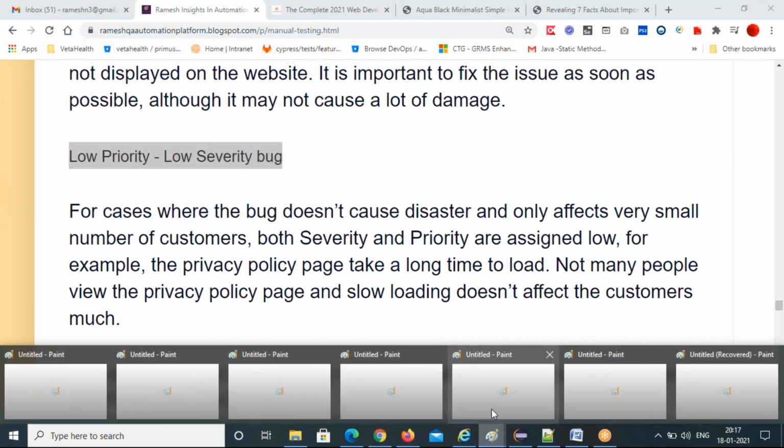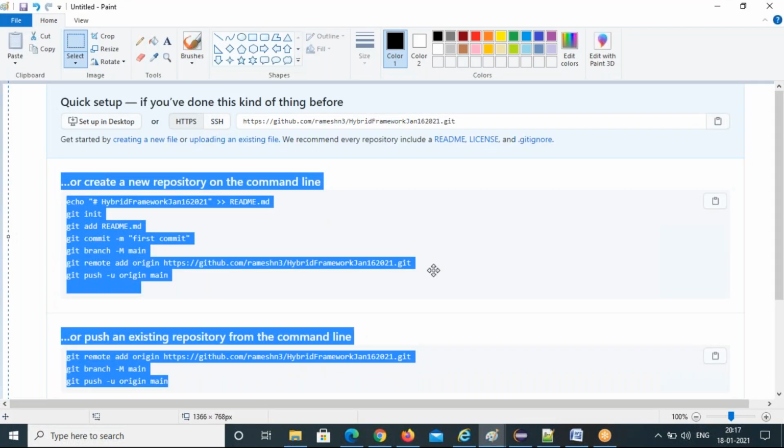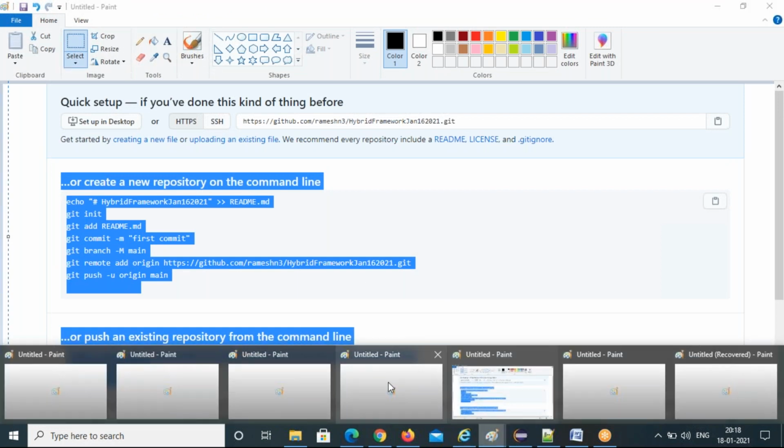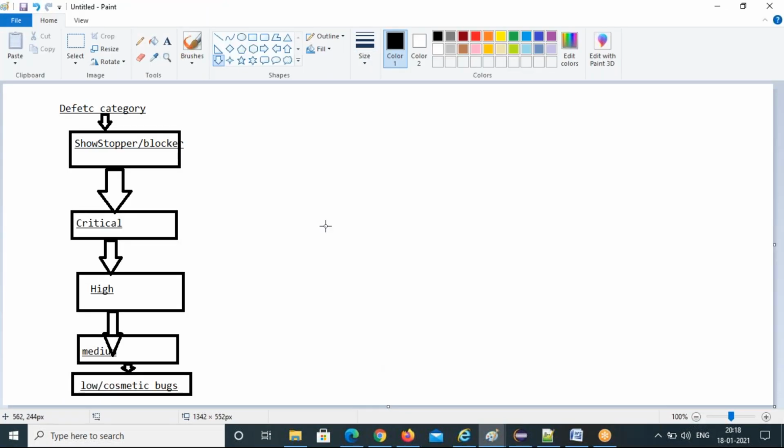So like this, for example, this is an edit box, and you have a button. It's overlapping like this. It should not overlap, but it is overlapping.